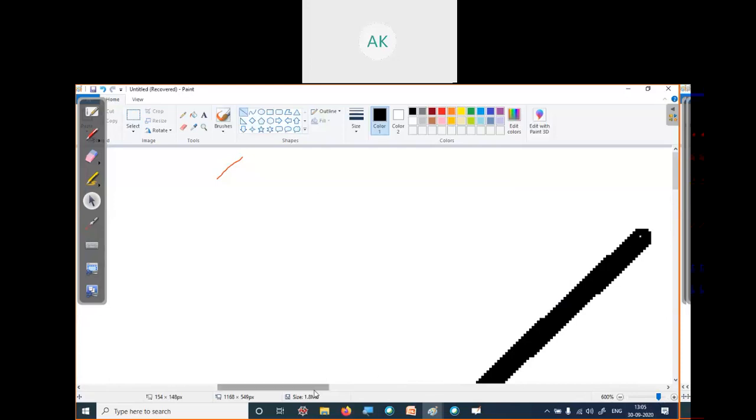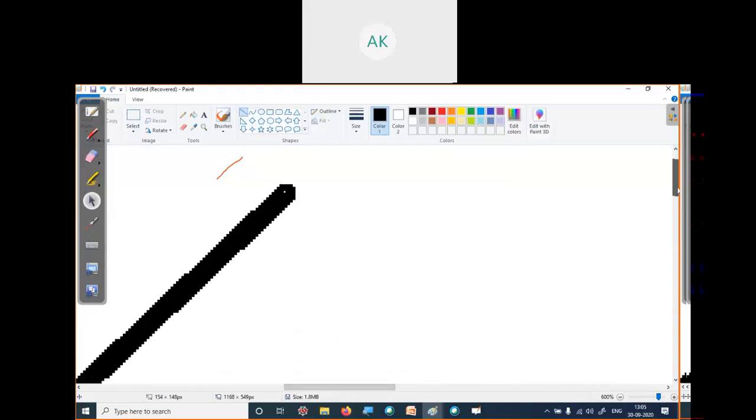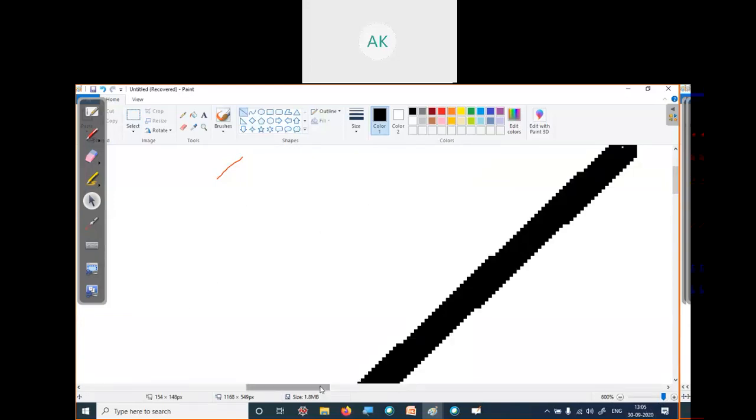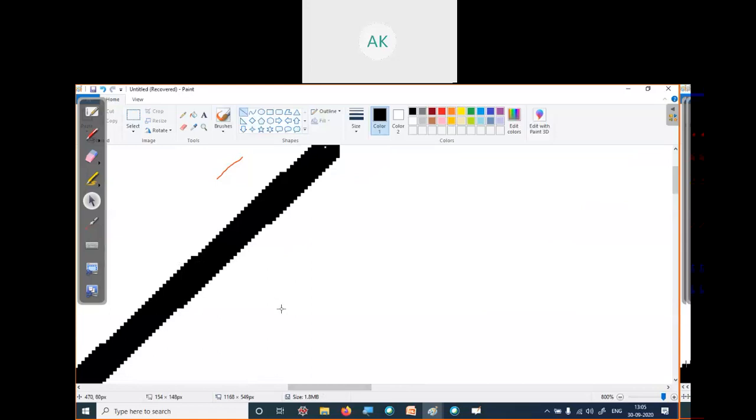As we zoom in on the line or any shape, you will see this kind of structure. As you can see, there is a stair kind of structure. This phenomenon or appearance of an object on screen we call aliasing.